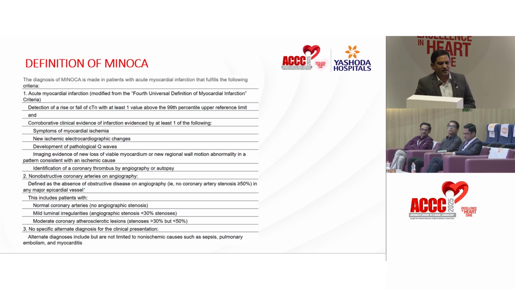Acute myocardial infarction criteria everybody knows. If satisfied, then you go to the next criteria, that is, do an angiogram. If the angiogram shows obstructive coronary arteries, like a 100% occluded artery which explains the infarction, it's okay, it goes in the other direction. But if on angiogram, surprisingly, you see normal coronaries or non-significant coronary artery disease, then it comes into MINOCA. Still, we need to fulfill the third criteria, that is, there should not be any alternative diagnosis for this clinical presentation.